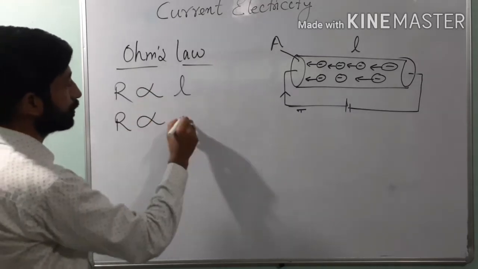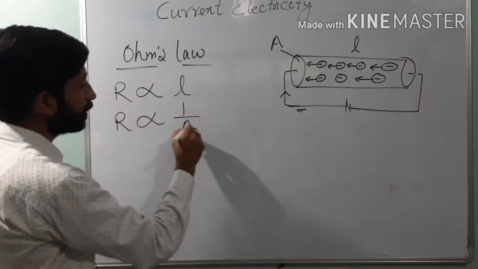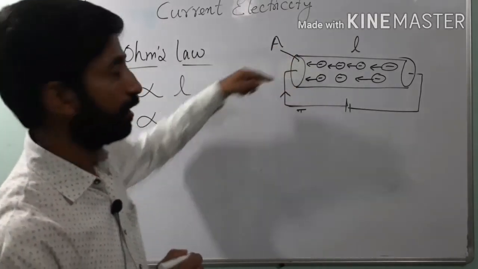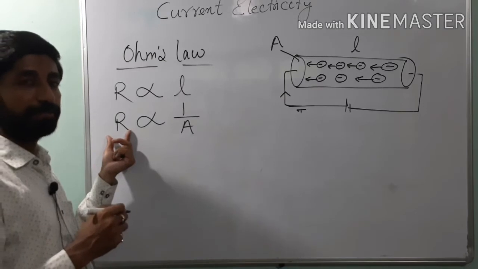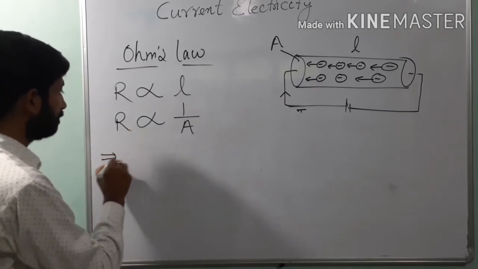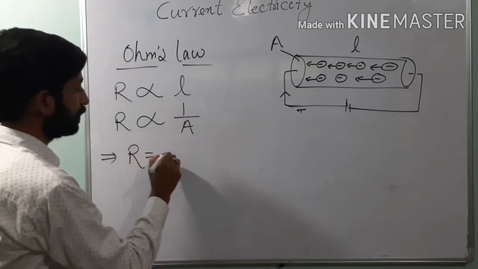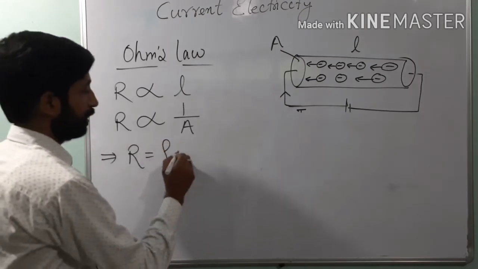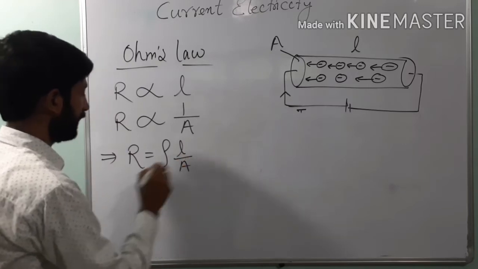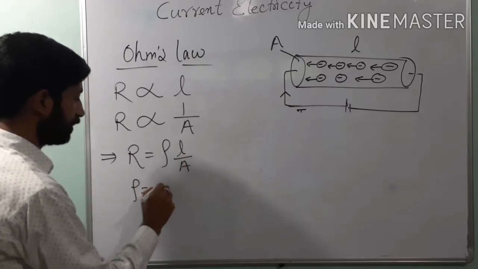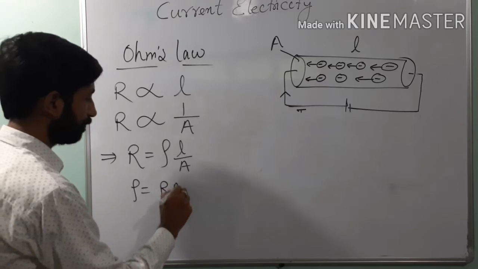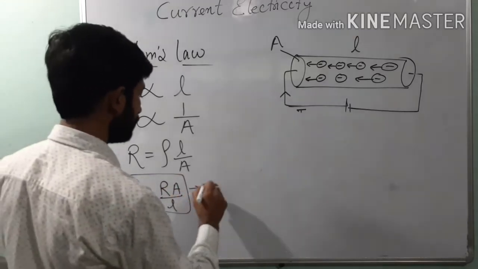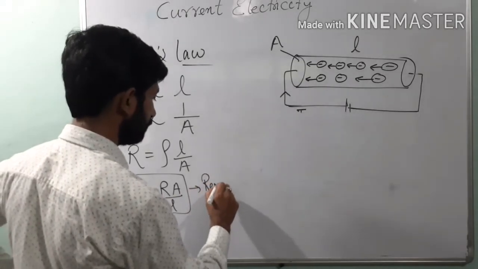R is proportional to 1 over area, that is, the larger the area of cross section, the lower will be the resistance. So we combine them, R equals, we get a constant known as rho, rho L over A, or rho is equal to R A over L, and this is known as the resistivity